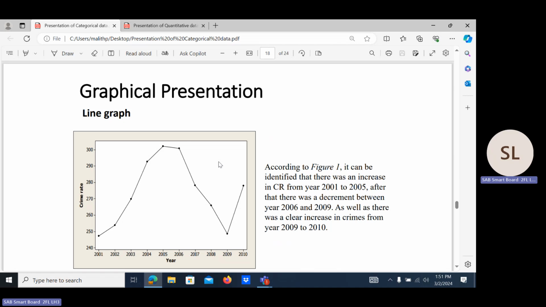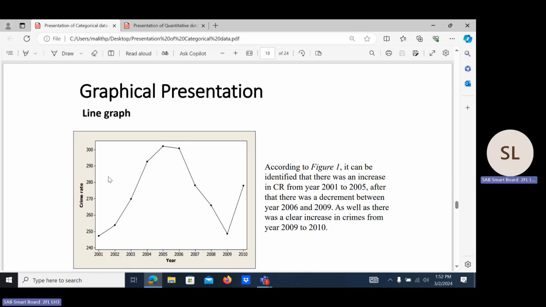Graphical representation. The graph is the visual presentation of the data set. It enables us to present the data in a simple, clear, and effective manner. Using the graph, we can interpret and present our data in a very clear form. We can take an example, the line graph. Normally we use the line graph